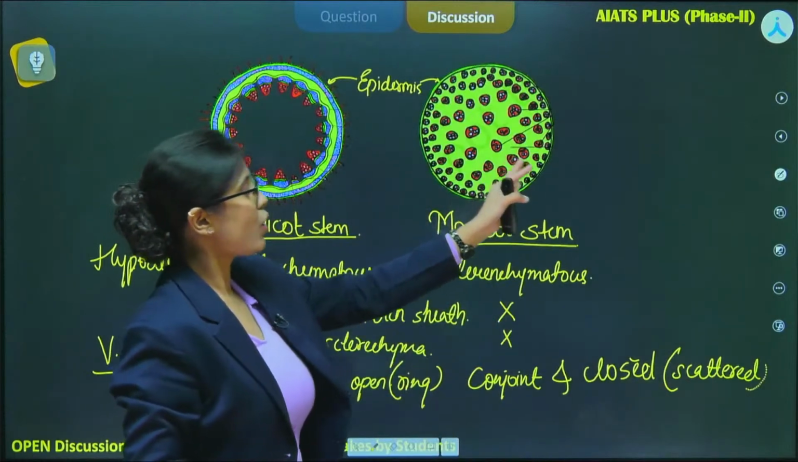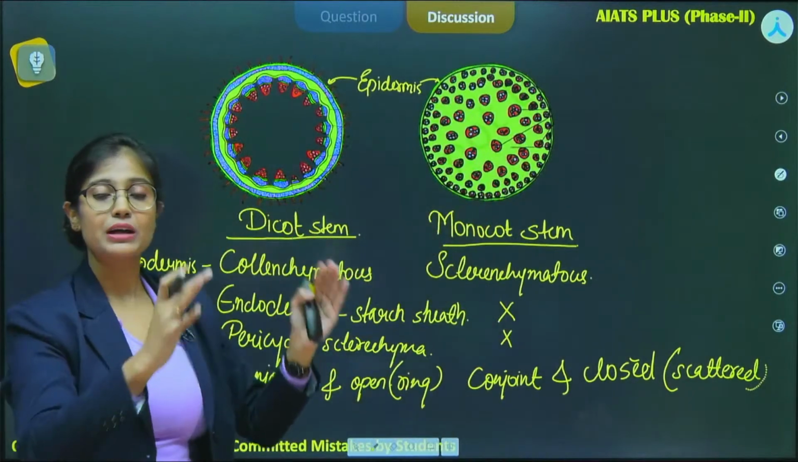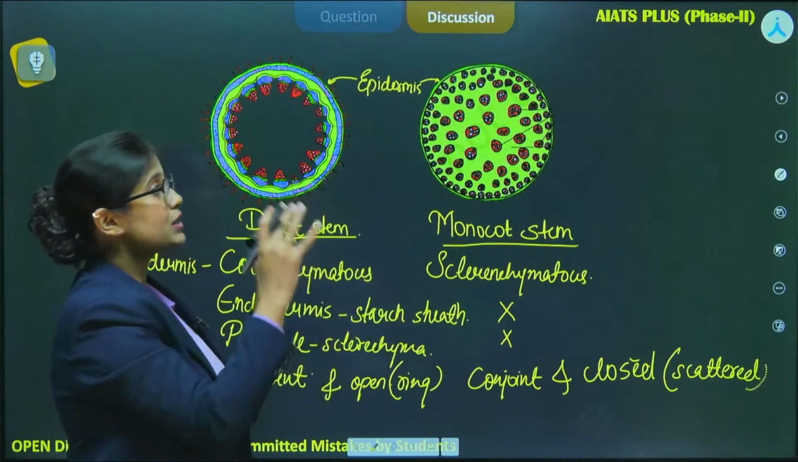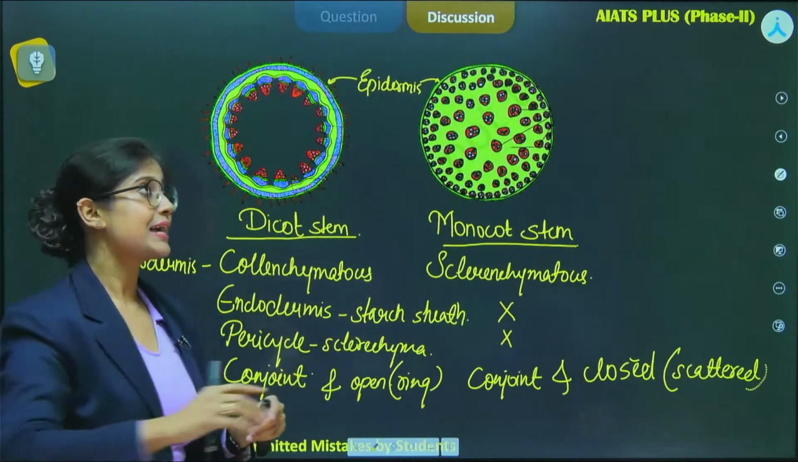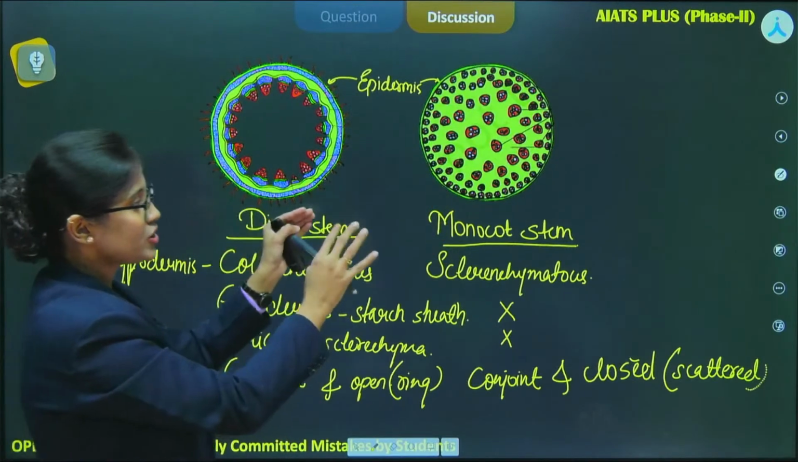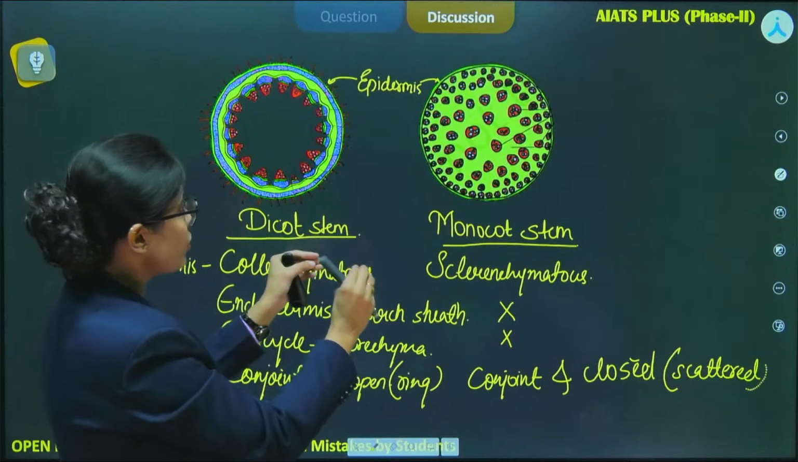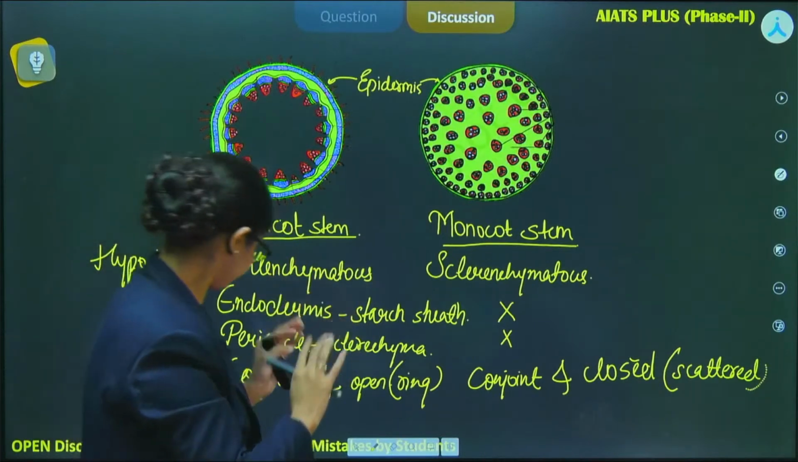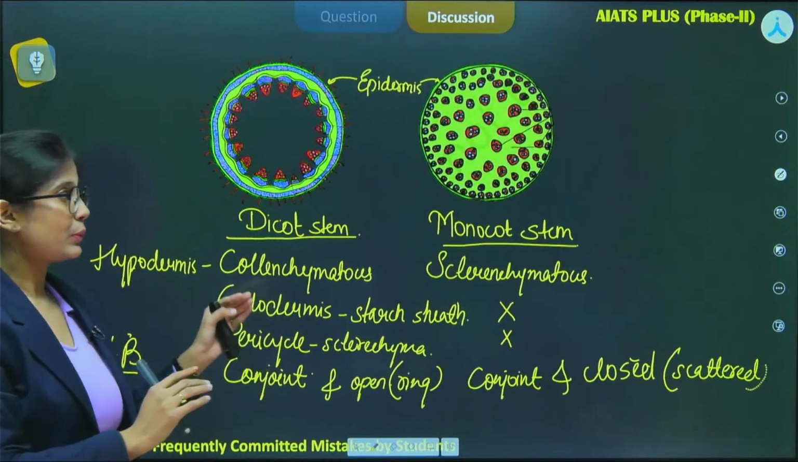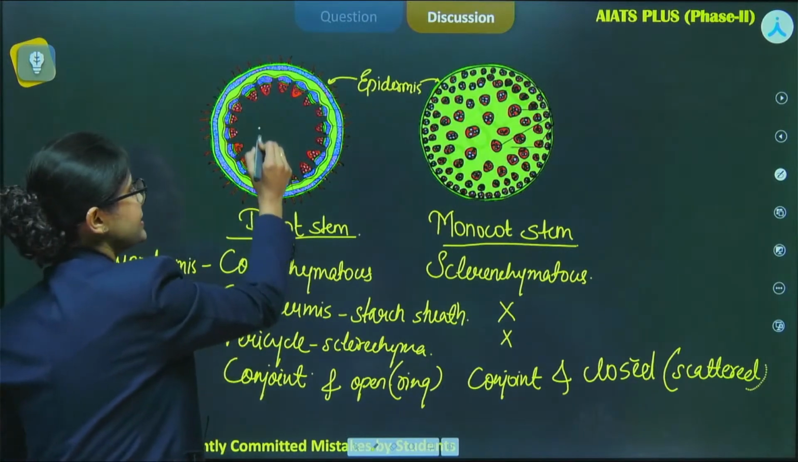And in scattered also you can see the vascular bundles which are large in size are actually present at the center, and the vascular bundles which are smaller in size are present towards the periphery of the stem. So this is how actually the vascular bundles are arranged in monocot and dicot. Now if we talk about next structure, which is pith. This is pith,